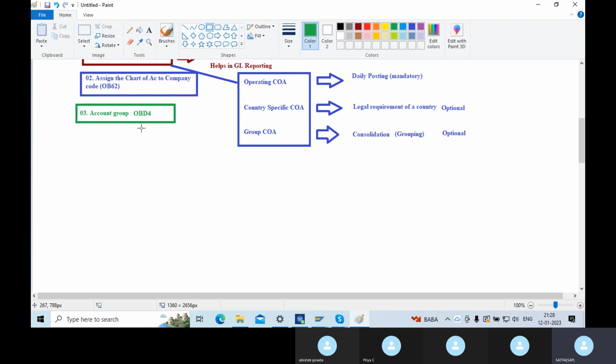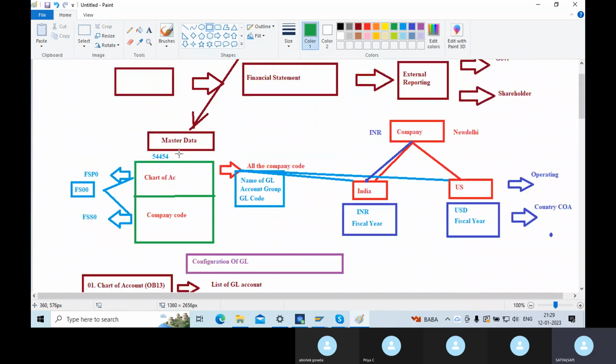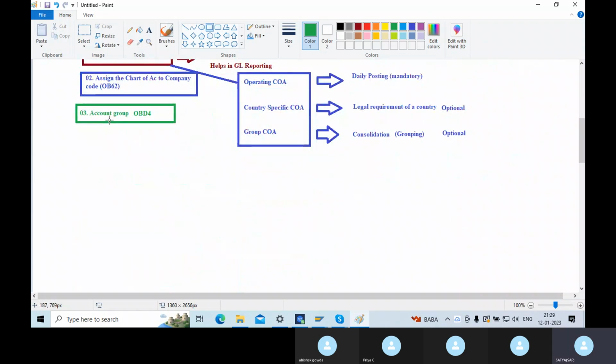It's like how you classify the document, how you classify the transactions. So it's a classifying feature within the GL account master that controls the creation of the master. So whenever you create a GL account, you need to put it under which account group you are going to create that GL. That is also important for GL creation. And account group determines many things. It determines the group in which the GL account will be created. Okay. So the first thing it determines